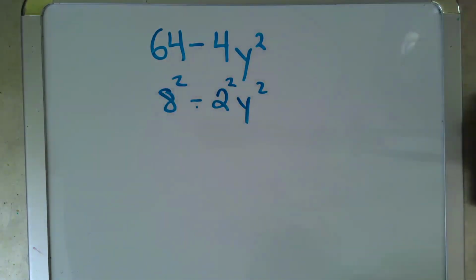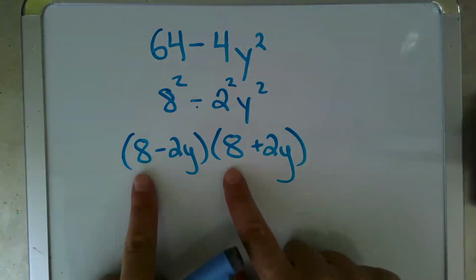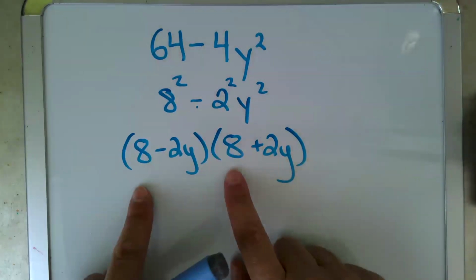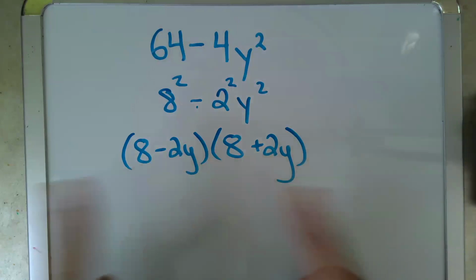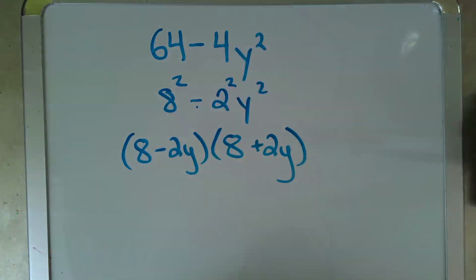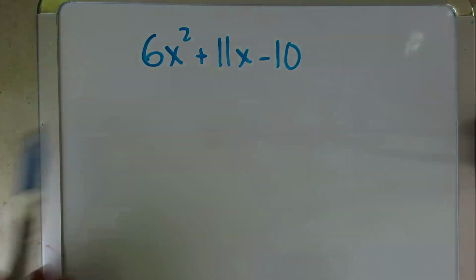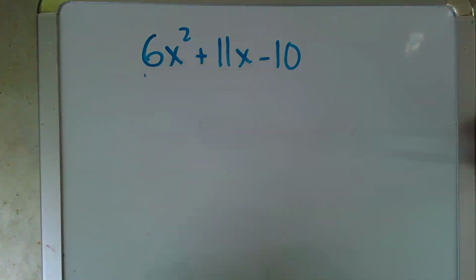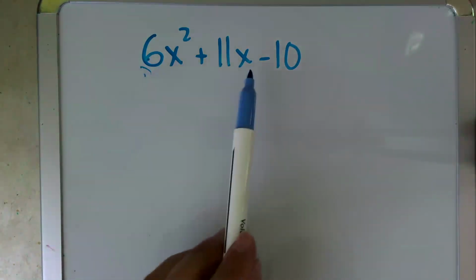So then we want to remember how a difference of squares factors. If this is new to you, go check out this video where I do it more slowly, but we'll remember that it factors into the square root of that first term minus and plus, or plus and minus, it doesn't matter, the square root of that second term. And that is as far factored as 64 minus 4y squared can go. All right, next. Our second problem is the classic 3-term quadratic,